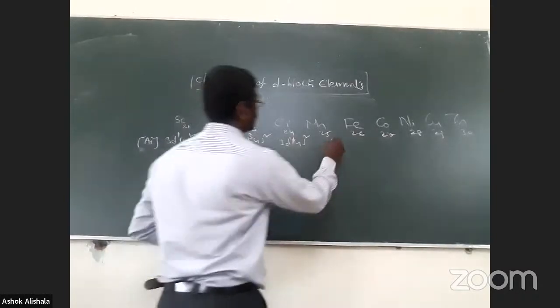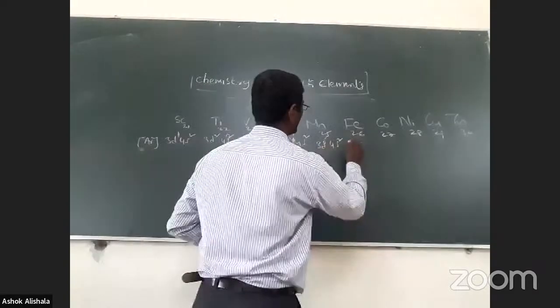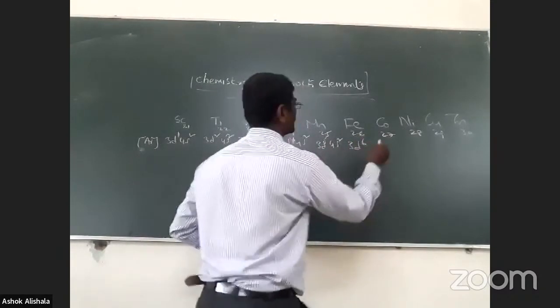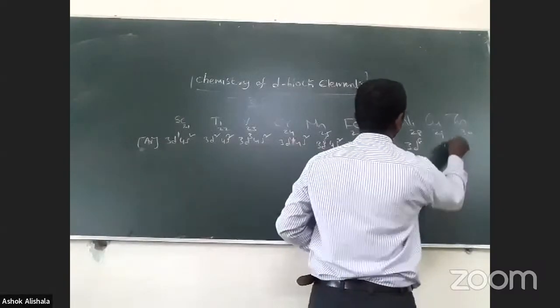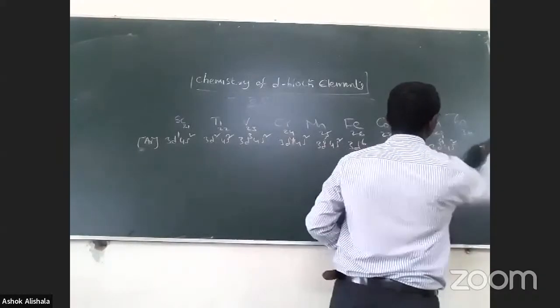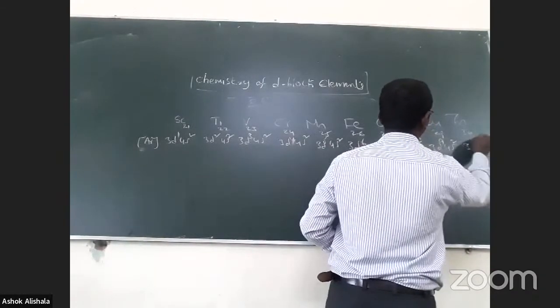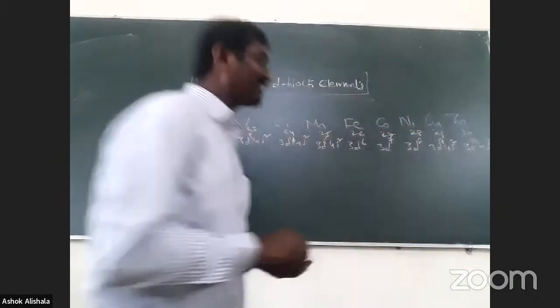3d4 4s2, 3d5 of course 4s2, 3d6. And keeping s aside, 3d7, 3d8. Here 4s2, and 4s1, 3d9, 4s2. This is the generally expected configuration, and of course some of you are telling that, sir, you've